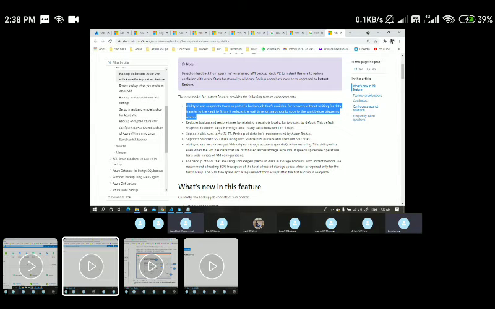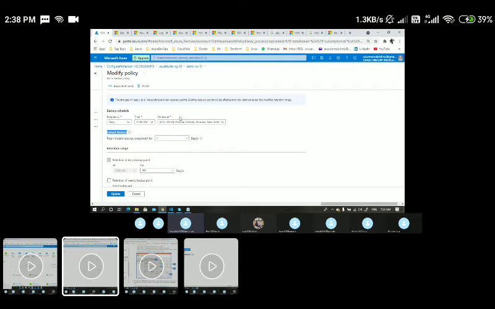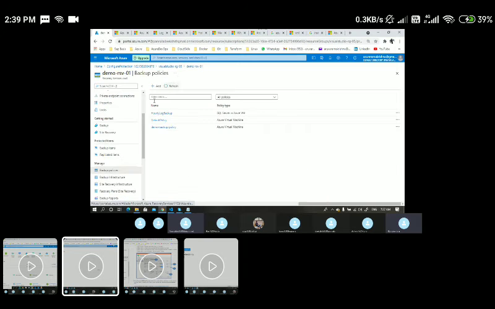Correct? Yes. So whenever you are taking a backup, you just started, correct? That's going to store on the local disk, correct? You started one VM to take the backup, right now it is going to happen. These latest snapshots will be stored on your local disk as well as within the recovery service vault.